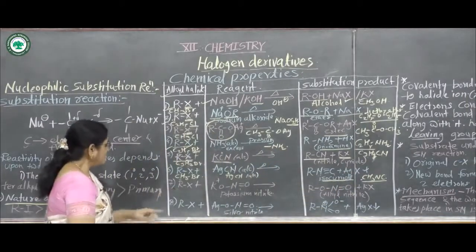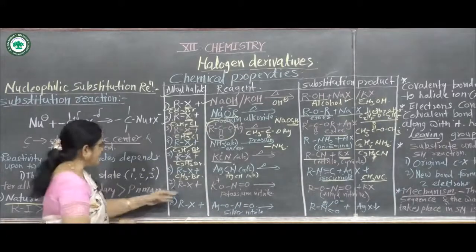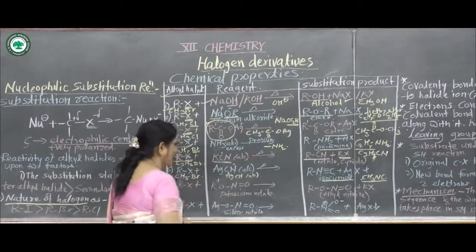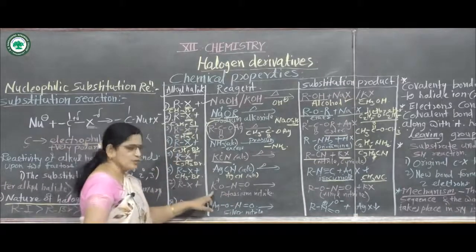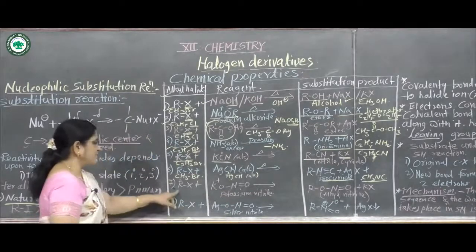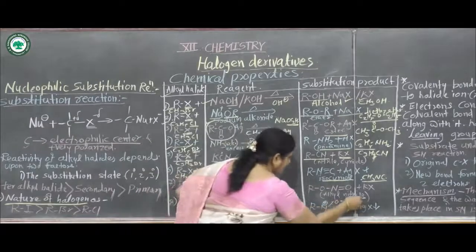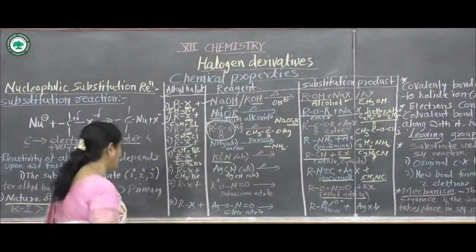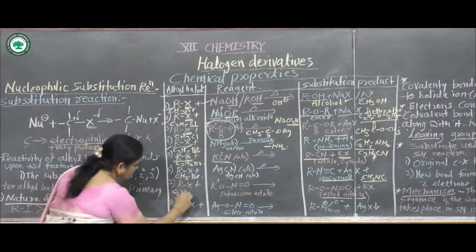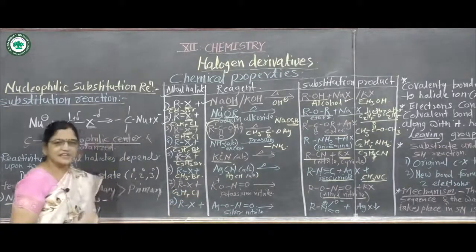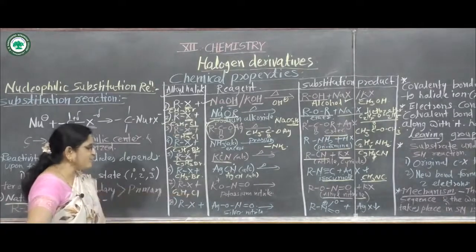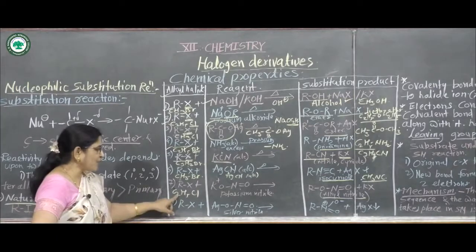The next reaction, that is RX. RX means again alkyl halides. If this reacts with potassium nitrite, KNO2, then which product does it form? It gives a product named alkyl nitrite. Again here suppose C2H5Cl, ethyl chloride. Alkyl halide means here ethyl chloride. If it reacts with potassium nitrite, then which product forms here?